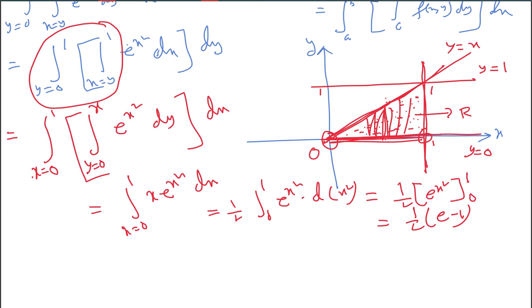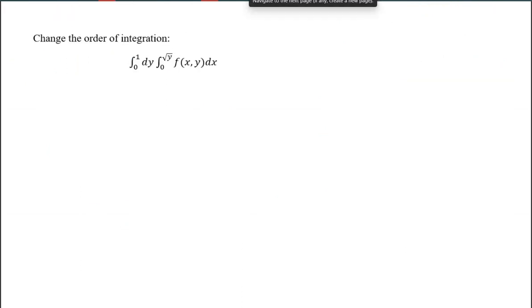Okay. Then anyway, why am I doing this? Because of this integrand. If we are able to integrate this with respect to y first, that will be easier. That's why I am doing this. So this is called change of order, changing order. Similarly, you see this, I have not taken any integrand. I am simply, arbitrarily, taking f of xy, whatever the thing, and you are asked to change the order.